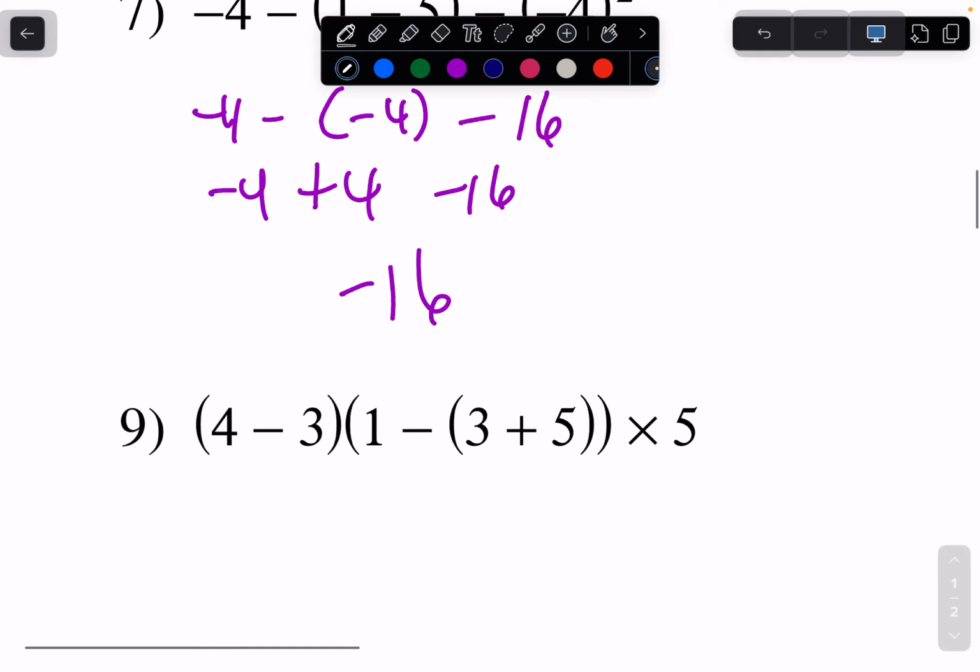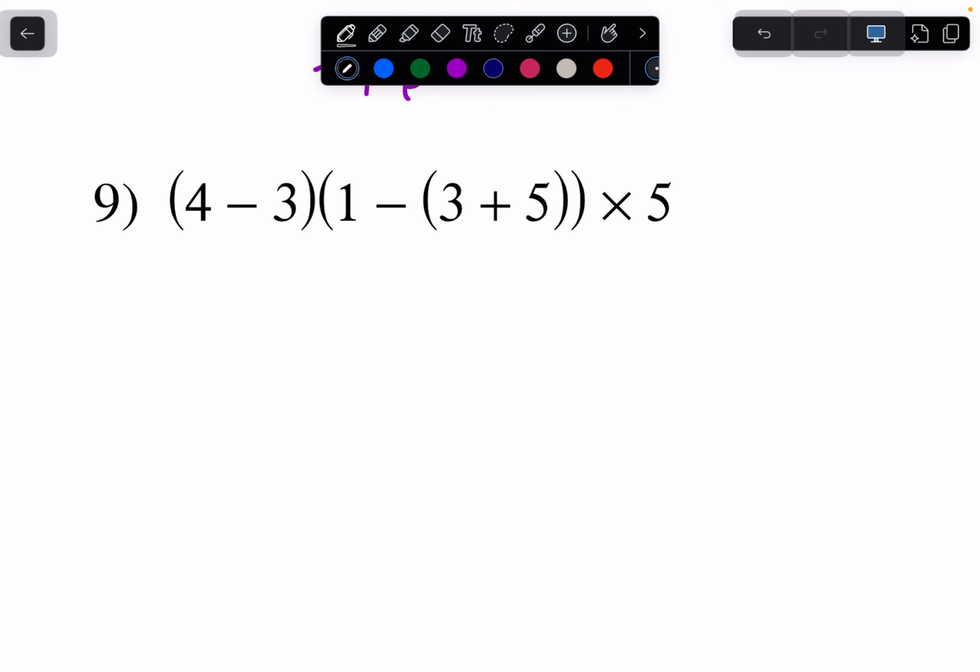Okay, now let's jump to 9. So we have nested parentheses here. We're going to just kind of work our way from the inside out. So think we're trapped on the inside and we have to get to the outermost layer. Now we can do this first front one, that's 1. And then if 2 parentheses are touching, you can just put a multiplication dot to remind you that's what that's doing. And then there's another